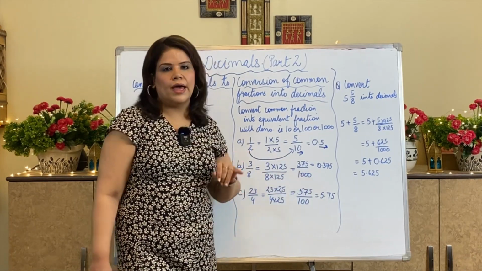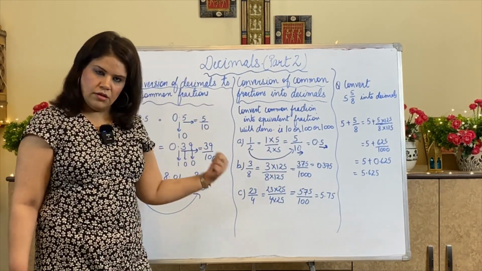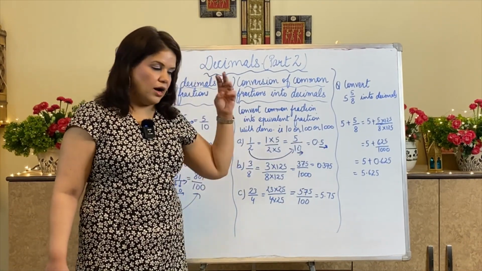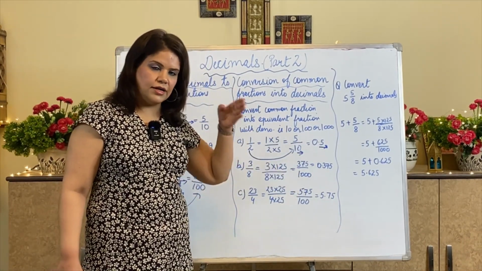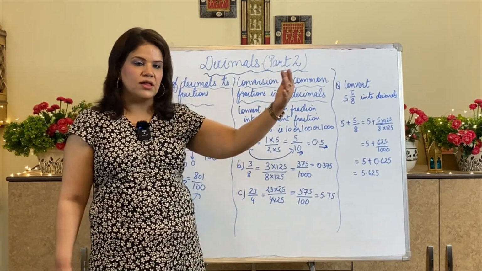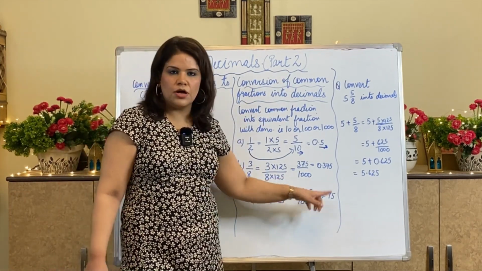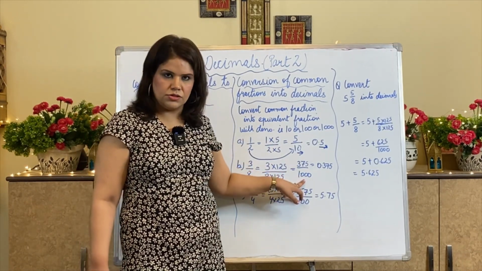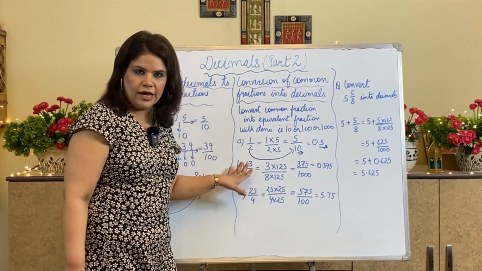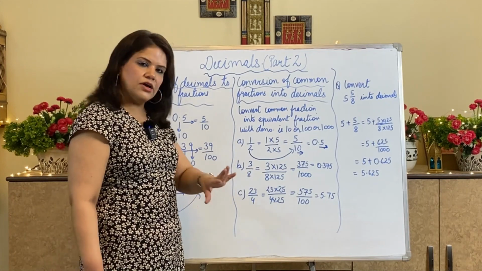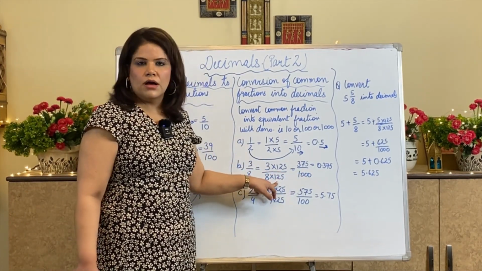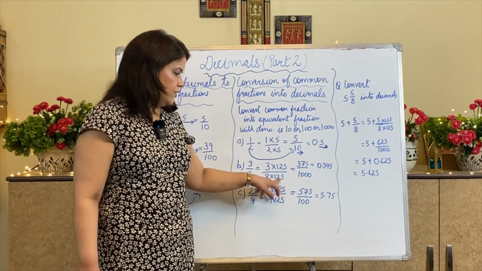How can I go to any number? I can't go to 10. From 8 I can't go to 100. What is the next number? If I can't take 10, if I can't take 100, then I will try for 1000. So I will find out with which number I will multiply this number to get 1000. Understood? I tried for 10, I couldn't get it. I tried for 100, I couldn't get it. Then I tried for 1000, and I could get it after multiplying it with 125.